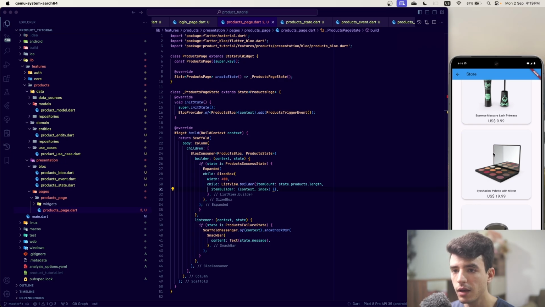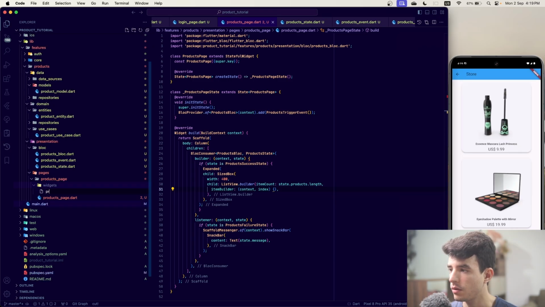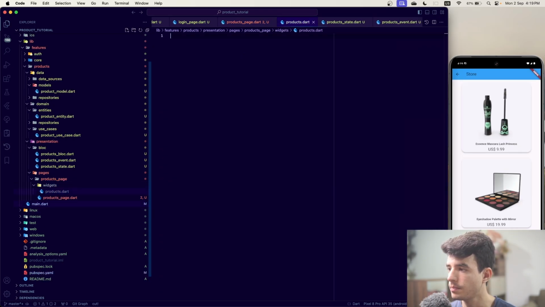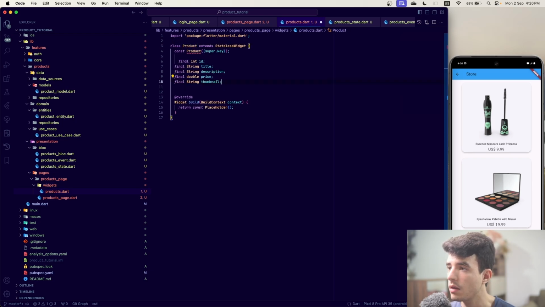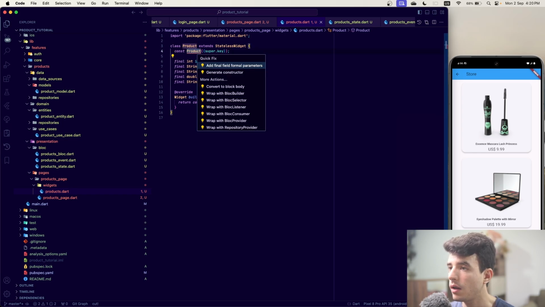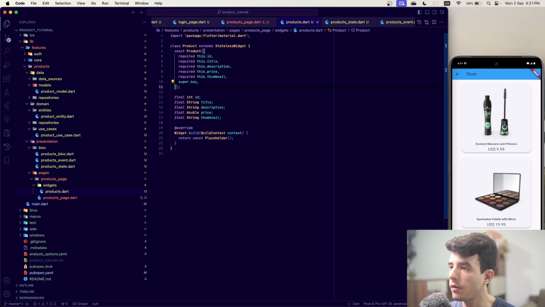So when I click, I have to navigate, and it's a detail screen. So let's do those now. In the widgets folder, I create a product file, stateless widget called product. We create all of these variables, which are the same ones that are in the entity, and we load it in the constructor. My linter asks me to do required first and optional later, so the linter helps a lot